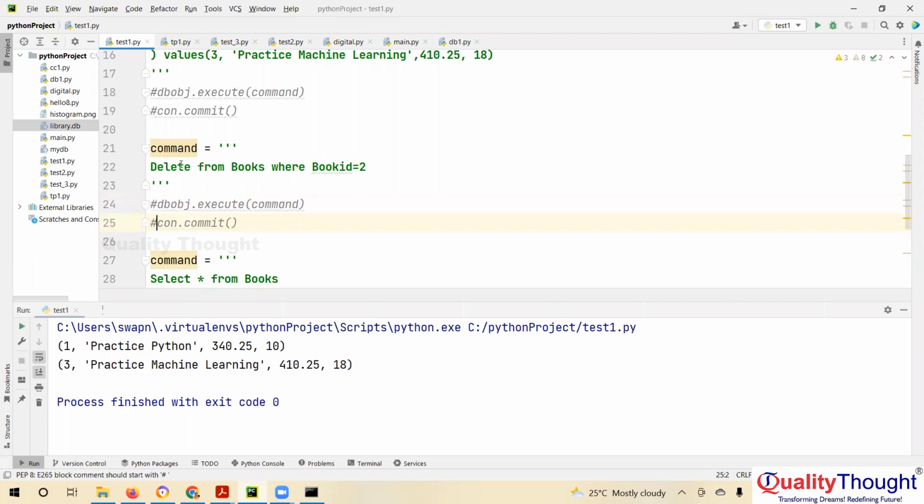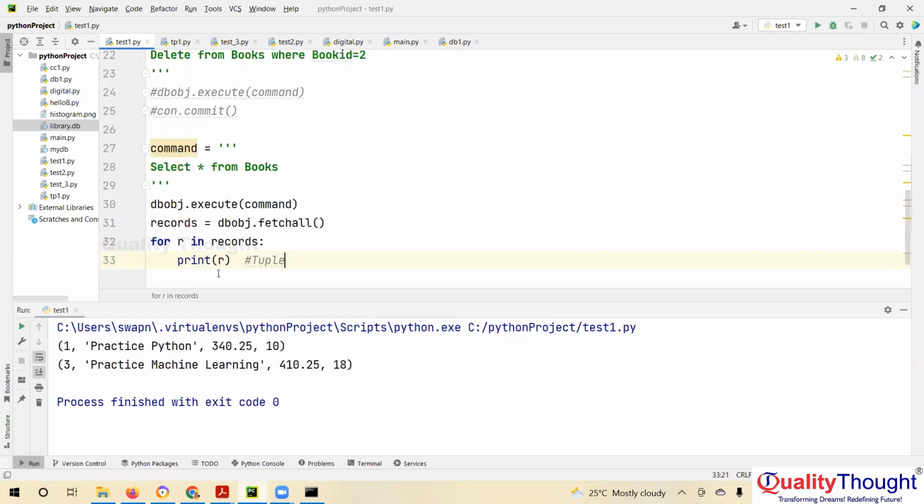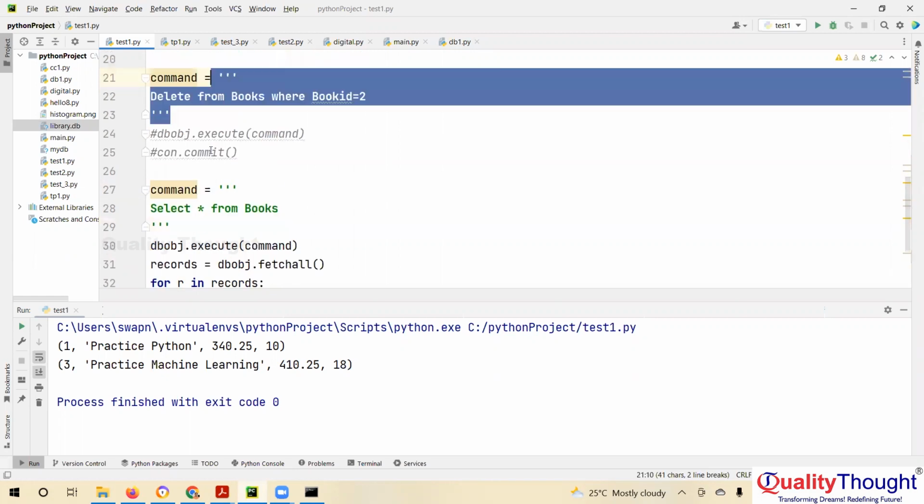See, I'm not deleting now. So your data got deleted from the table, right? So you don't have any more record 2 because we said commit, data is saved permanently. Okay. Next command that we will execute is